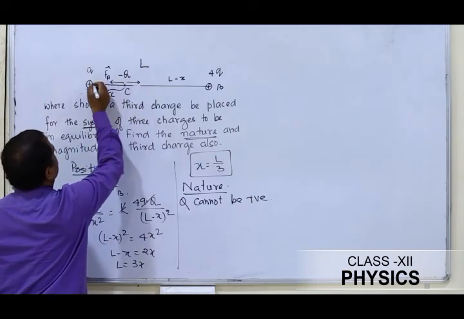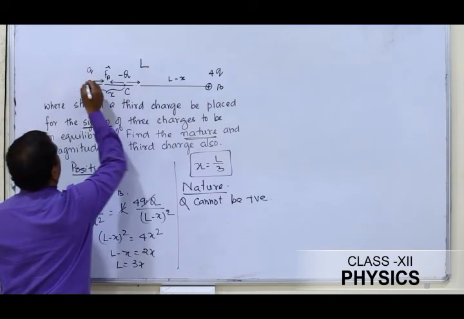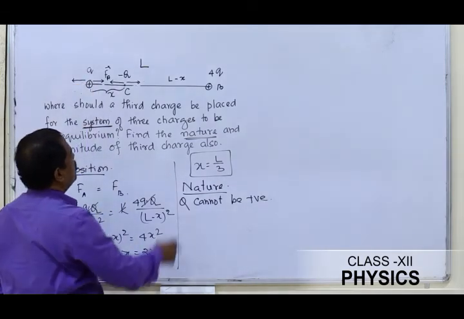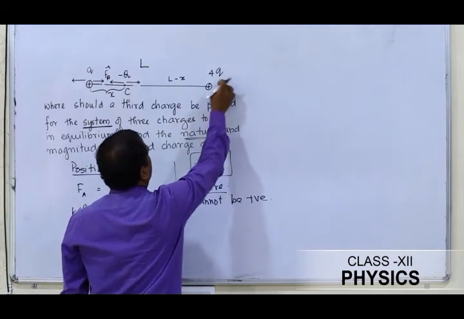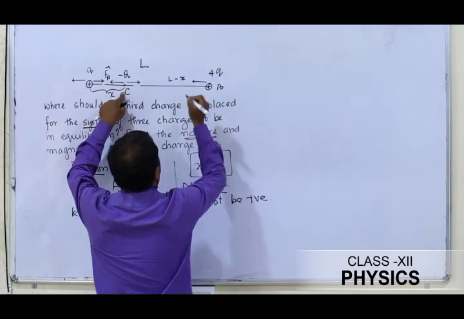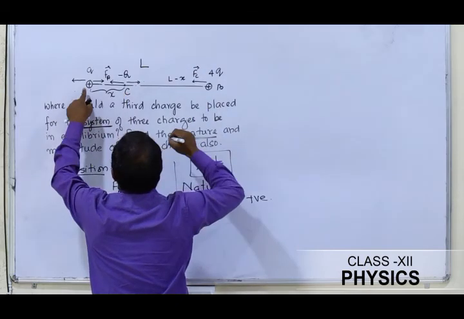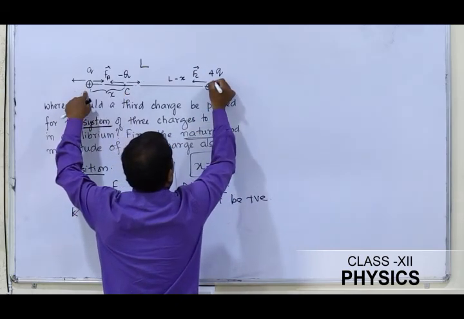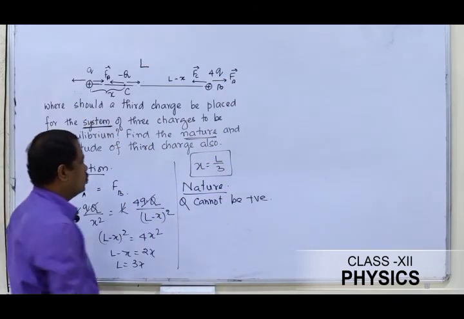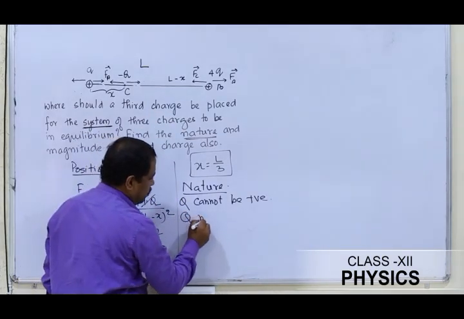This minus q charge will exert an attractive force on this one. Similarly, this 4q charge is going to repel this one this way. Exactly. Now the forces are in the opposite direction. Similarly, if we check for the direction of the force experienced by B due to these two charges, so this minus q charge is going to exert a force on this one here, Fc, and this charge at A will repel this charge here, and as such, now the entire system can be in equilibrium. So therefore, for the entire system to be in equilibrium, Q must be negative.